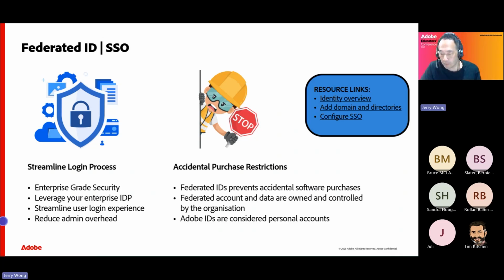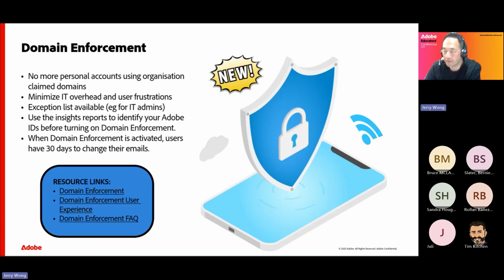Now, I was talking about a feature called domain enforcement before. That is a feature that's been added to the admin console early this year, and that pretty much allows you to isolate and also remove all these user frustrations. So if you've got a claimed domain, you can now turn that domain enforcement on. Therefore, no one can use your email domain as a personal account. So that will make sure that you don't have anyone complaining that they can't get the correct subscription that they've signed up for or whatever your organization is providing. So I'm going to have all these links here for you.